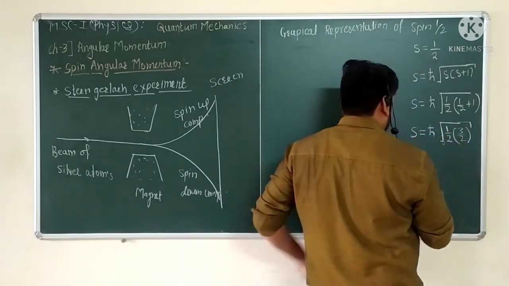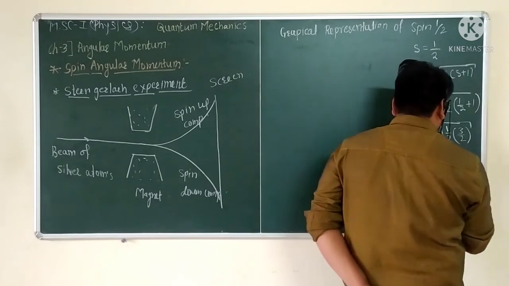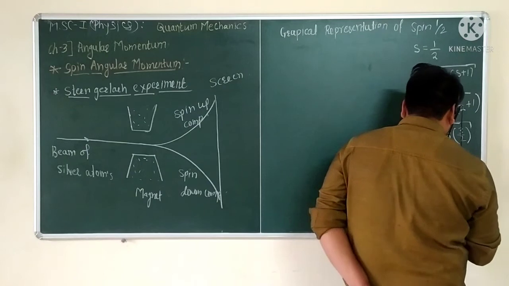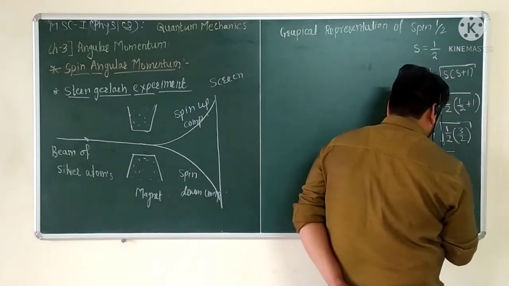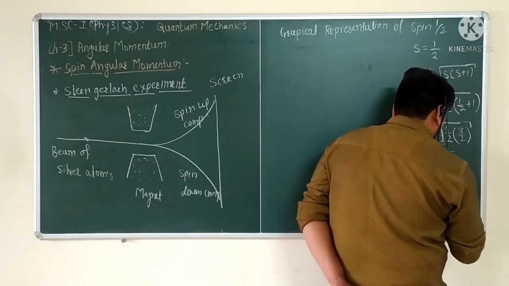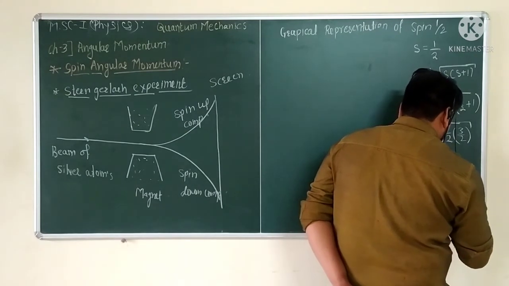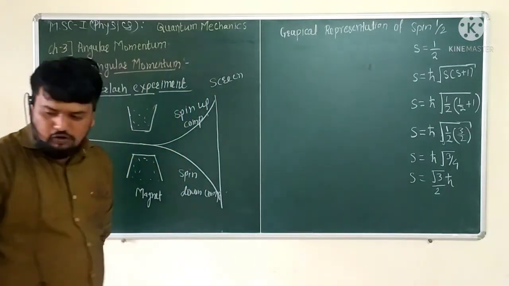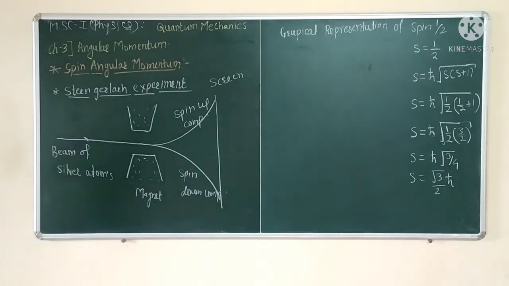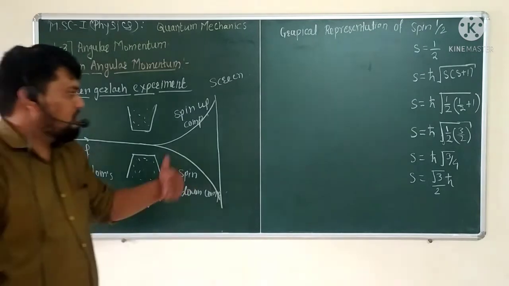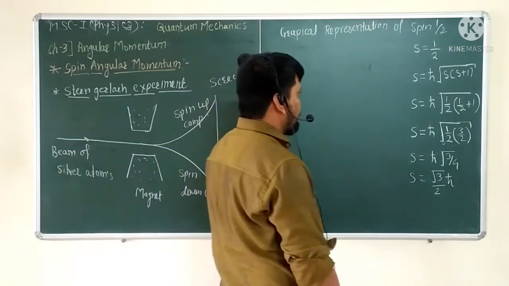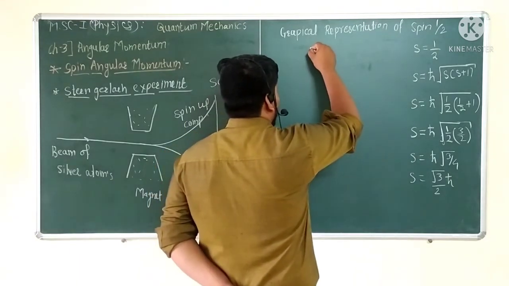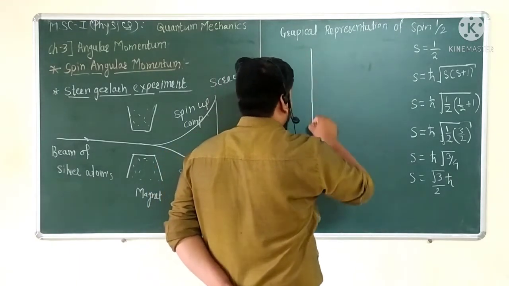Okay. And this final calculation is nothing but ħ times the square root of 3 by 4, and this value is nothing but the square root of 3 divided by 2 times ħ. Okay. So this is the value of the spin half, and this is the magnitude of this spin half. And if we see the graphical representation of this,